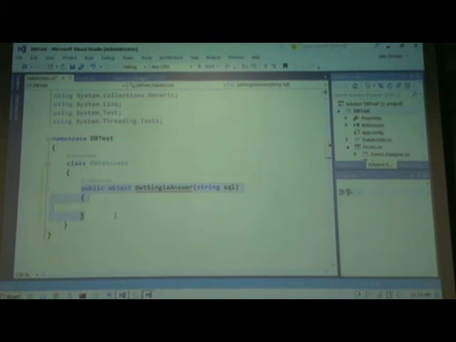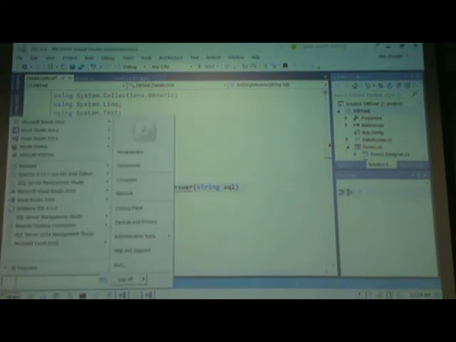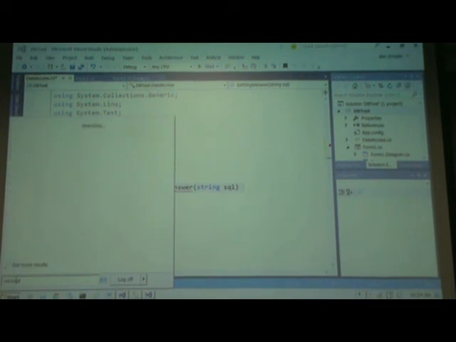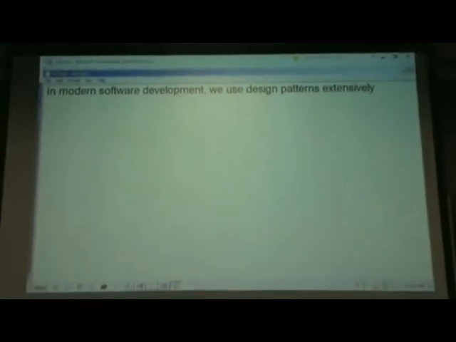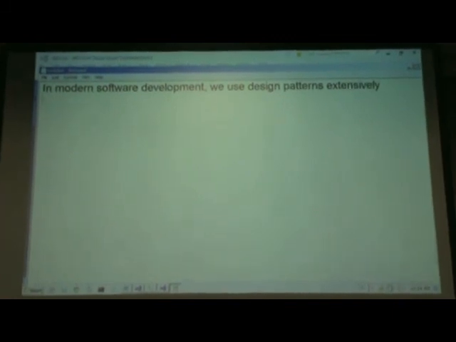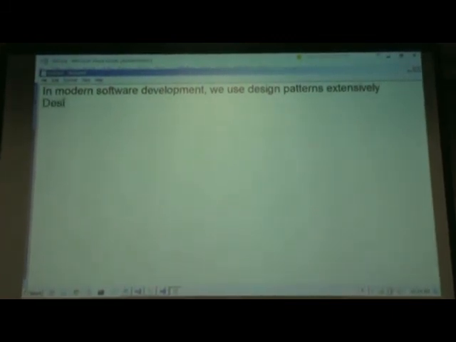Now let me introduce one more concept. In modern software development, we use quite a few times what are called design patterns. What are design patterns? So design patterns are basically